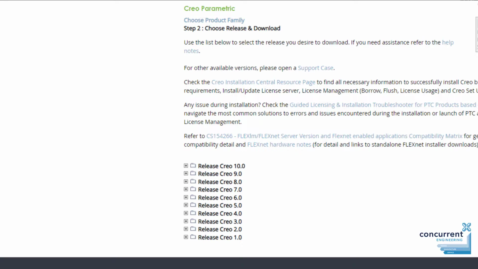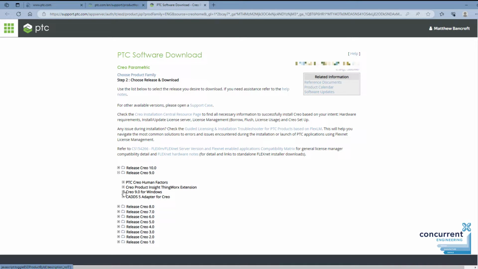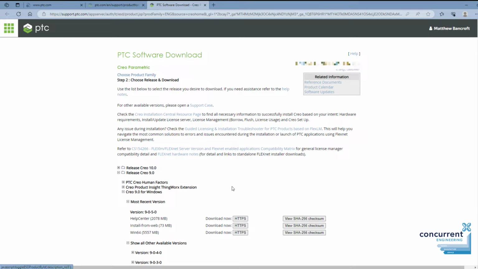Also on this page, you can see just above there's a link to the FlexNet software that we're going to be looking at later on. Clicking on the plus icon next to the release of Creo that you require, you can see that there are 3 further drop-downs available. We're going to go for the middle one here, Creo for Windows, and then underneath that